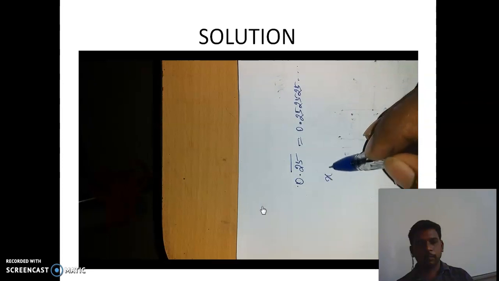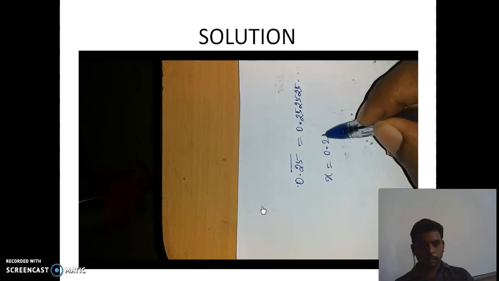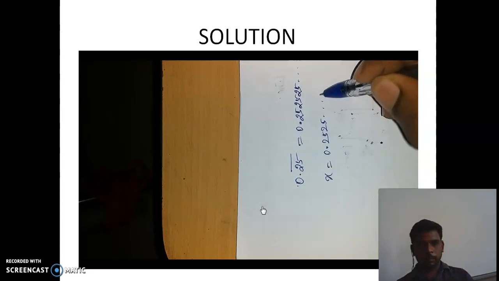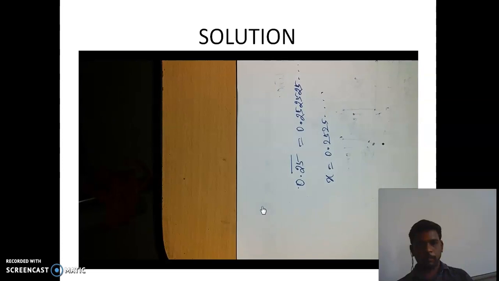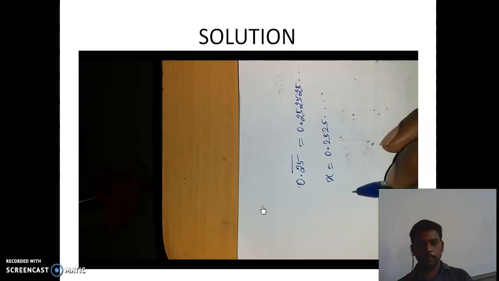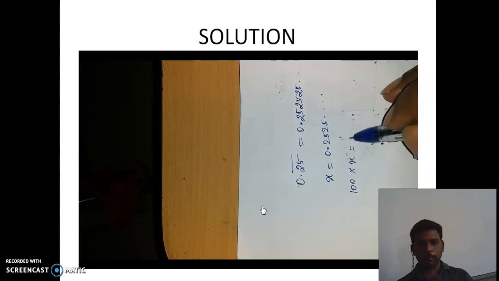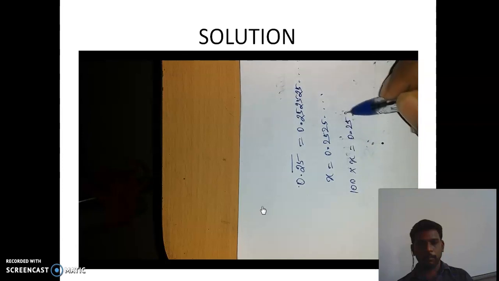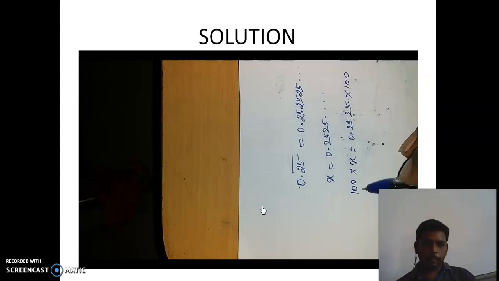Now let us take this value as x, 0.2525, etc. Two numbers are repeated here, so we need to multiply this by 100, that is, 100 on both sides. So 100 into x equals 0.2525, etc., into 100. So 100 into x